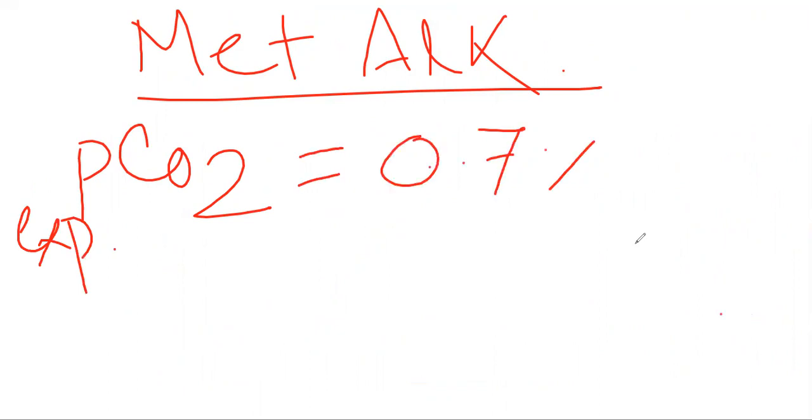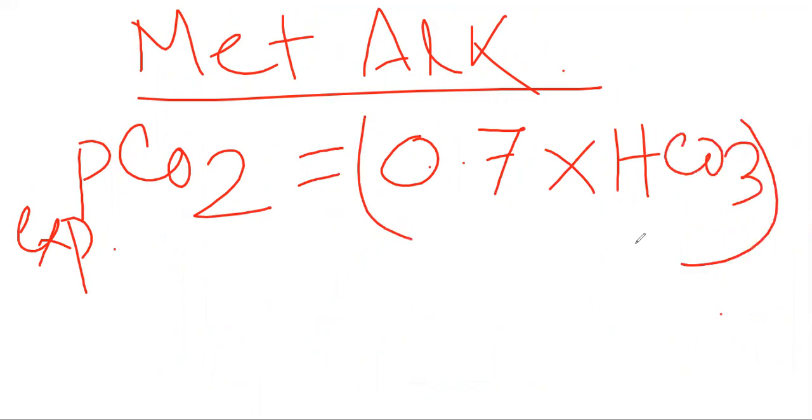That means 0.7 into bicarbonate. This is the Winter's formula or the delta formula. And if the given PCO2 value matches that equation, that means it is solely due to the compensatory mechanism. That means this will be termed as metabolic alkalosis along with compensatory respiratory acidosis. But if the PCO2 value does not match that equation, then it is due to some other secondary disorder.